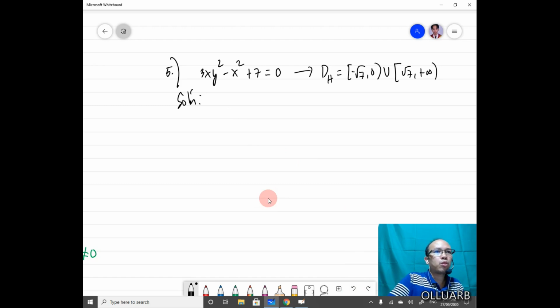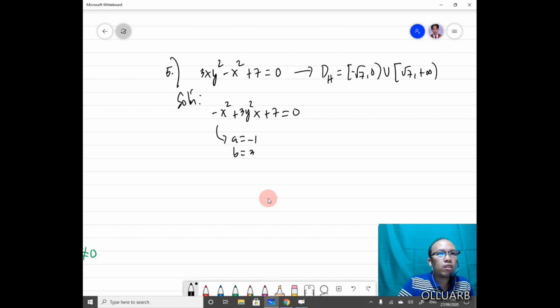So therefore we have to use the quadratic formula. So negative x squared plus 3y squared x plus 7 is equal to 0. Our a here is negative 1, b is 3y squared, c is 7. So by the quadratic formula we have